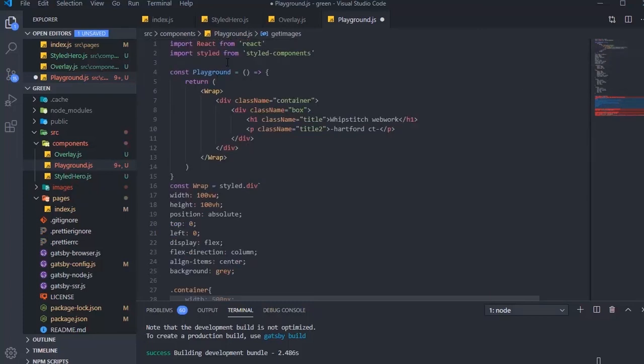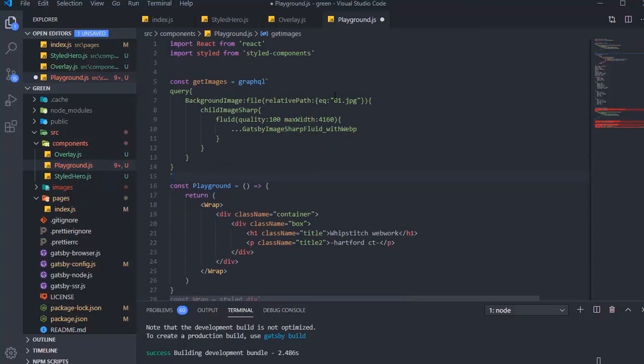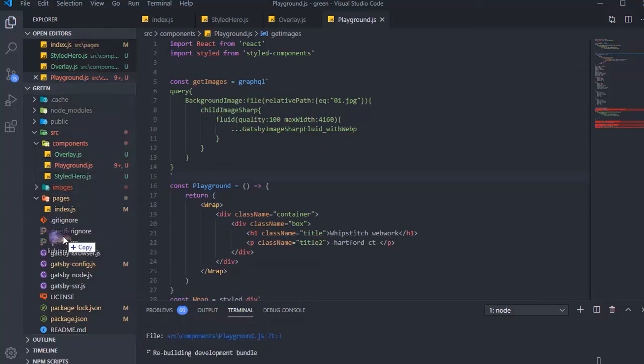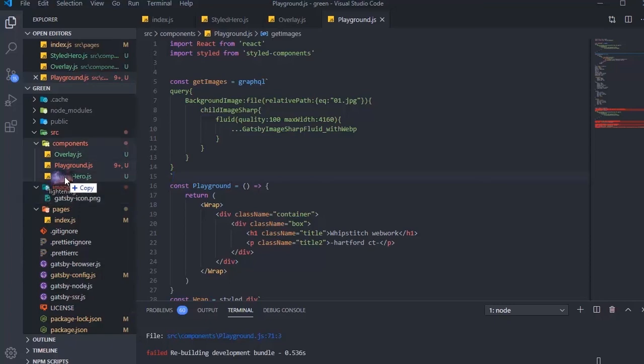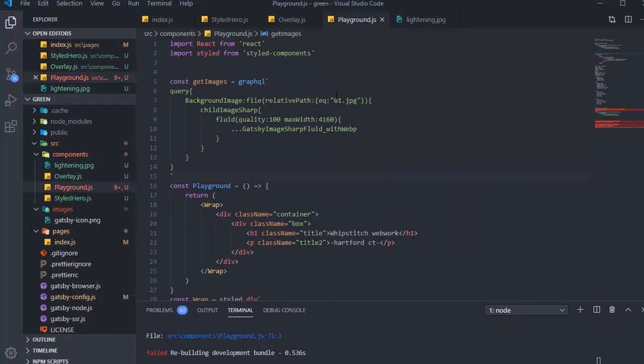It's a relative query, which means you don't have to tell it exactly where that image is. I don't even have the image in yet, but it will come. It's a relative path, so it's just going to find it by the name. It's not the most optimized way of doing things, but it doesn't really matter here. It's going to go through your whole file system and pull that out. So it'll know exactly where that image is, and it's going to make it fluid with a max width of 4160, and it has WebP and stuff like that,